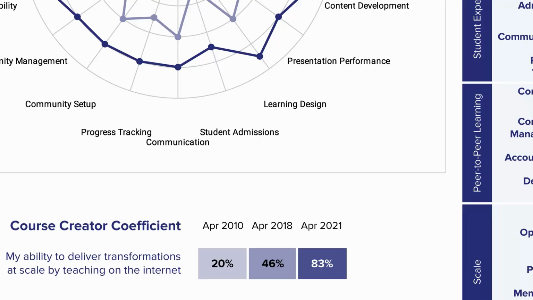I really encourage you to spend a little bit of time going through these types of questions and answering them as truthfully and as thoughtfully as you can, with lots of reflection, because this is going to give us all the tools we need to make sure that you get the transformation you want. At the end of completing the Course Creator survey for the first time, you'll receive this beautiful report which will show you visually where you are on your course creation journey.